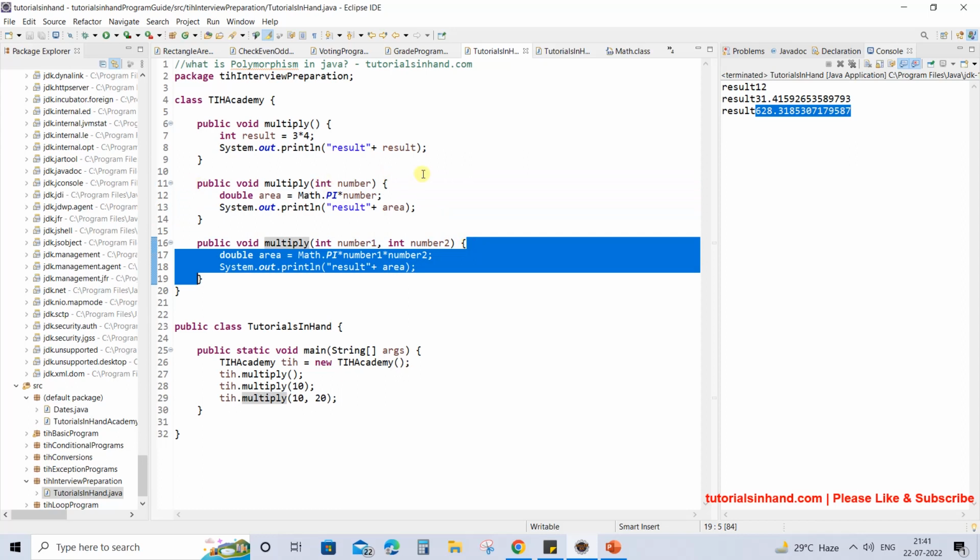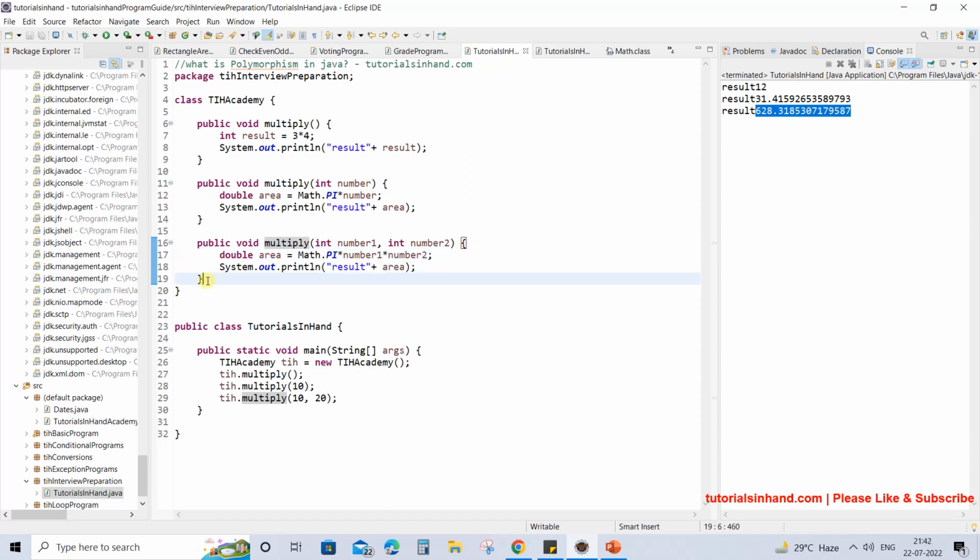So there are other aspects of method overloading and method overriding as well. This is just a simple explanation of what overloading is, as it is one of the examples of polymorphism. We will create a separate video for each of method overloading and method overriding, and will show you what exactly the rules are for method overloading and what exactly the rules are for method overriding.